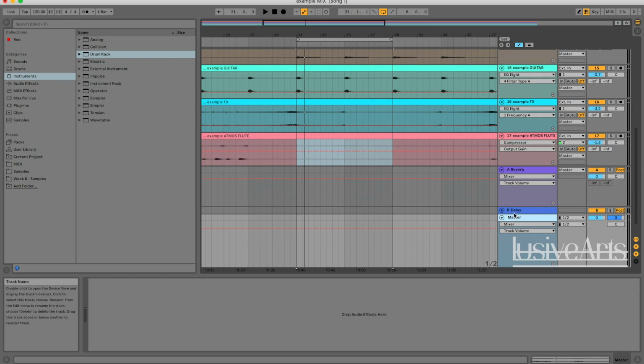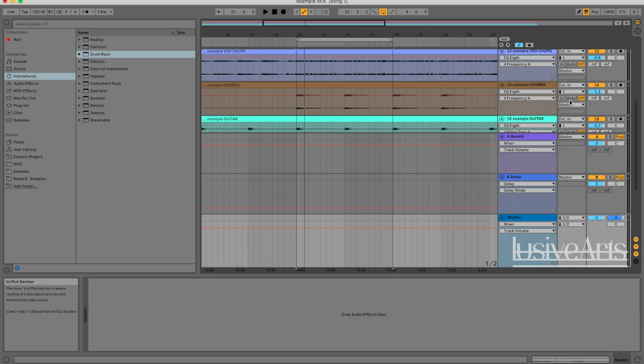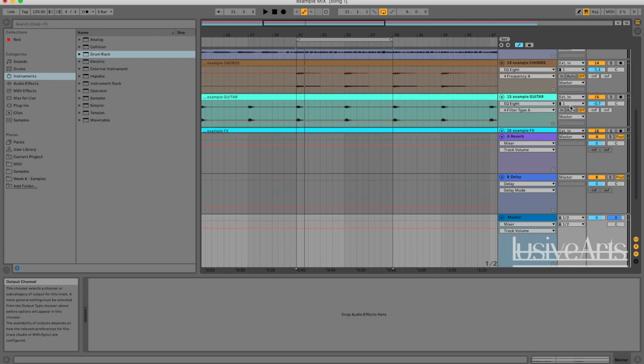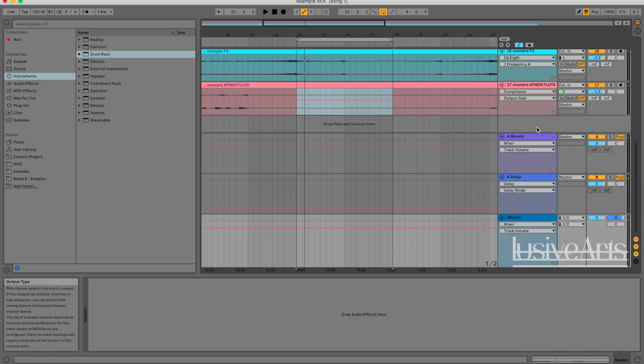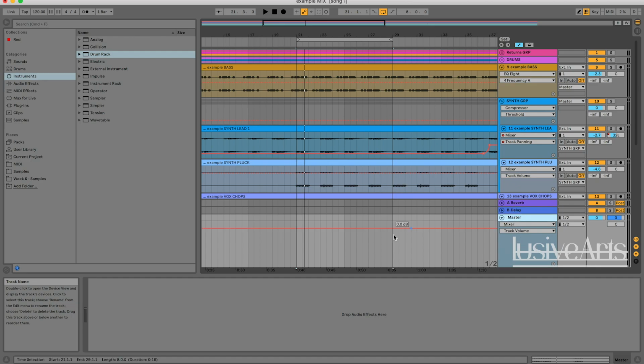So if we take a look at our returns, you can see that they're going to the master. And then if you look at all of our tracks, they are all set to master. And this is how Ableton works by default, because that's generally what you want at the end of the day. You want a way to be able to affect all your tracks at once, and that is this track here,